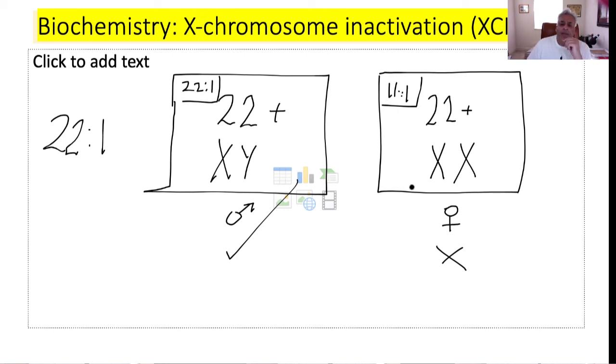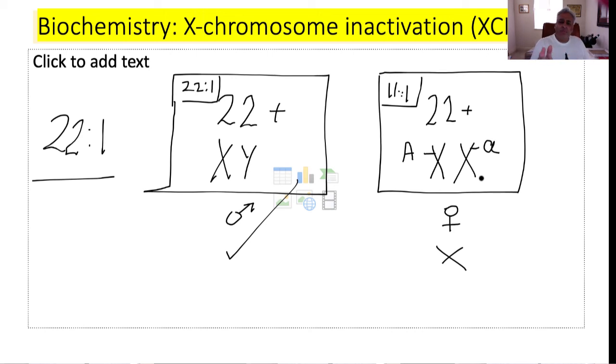Some of them will have this X chromosome turned off. In others, randomly, you'll have this one turned off. So in humans, it's a random process as to which one you turn off. So when this particular baby is born, if that baby happens to carry small a on this chromosome, say from the father, and she happens to have a big A allele on this chromosome, which she got from her mother,